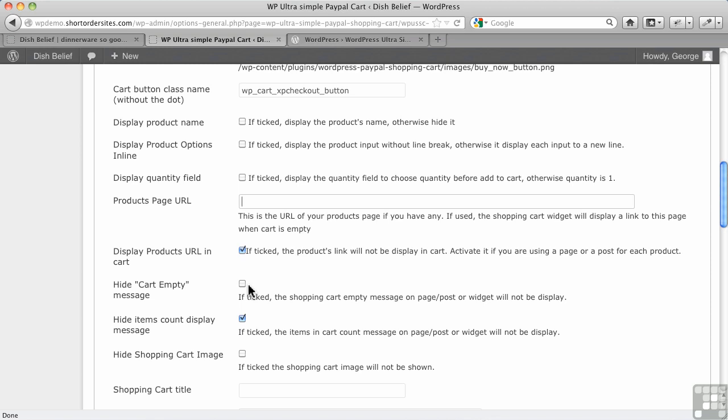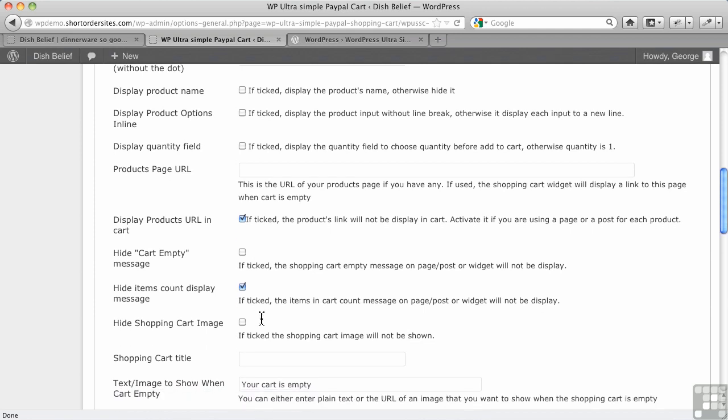This hide cart empty message, that means that if your shopping cart is empty, it's going to say so, and it's going to display on your widget or on the page or the post, by the way. Now, this is actually checked off by default, and I've unchecked it here because I don't use that. The problem is that if you check this, in other words, you say, I want to hide the cart empty message, it literally hides the entire widget, which is very confusing to visitors. So you don't want that. You want people to know they've got a cart, but it's empty right now. Okay. So I'm not even sure why that's there, but I guess some people want to do it that way.